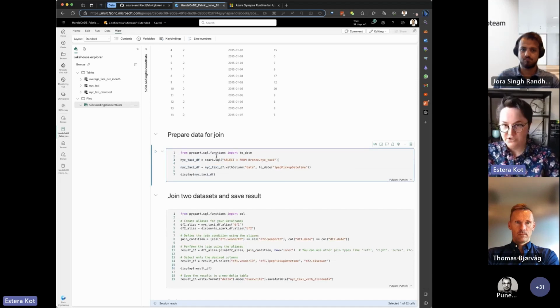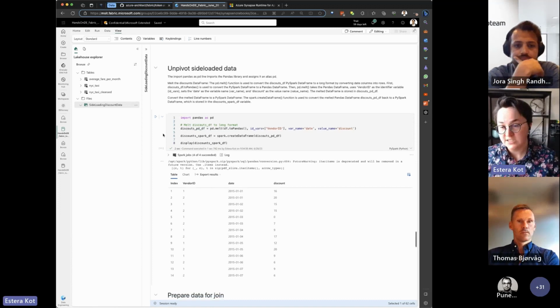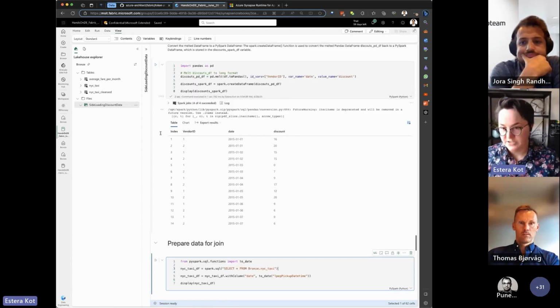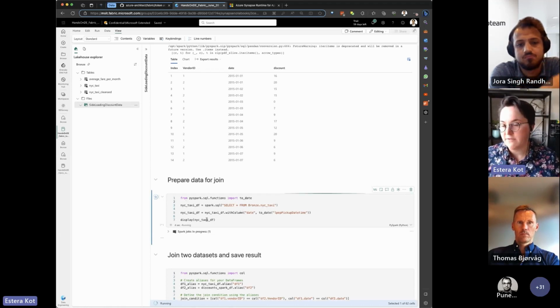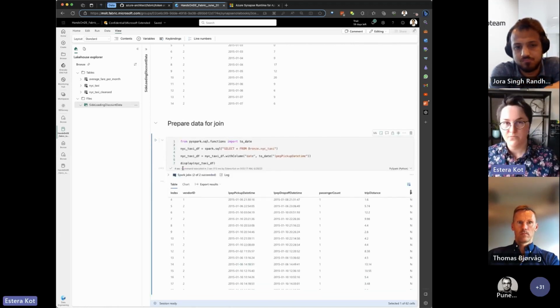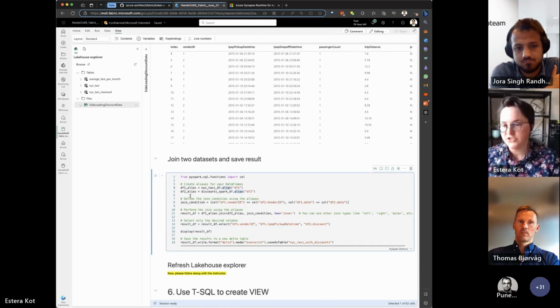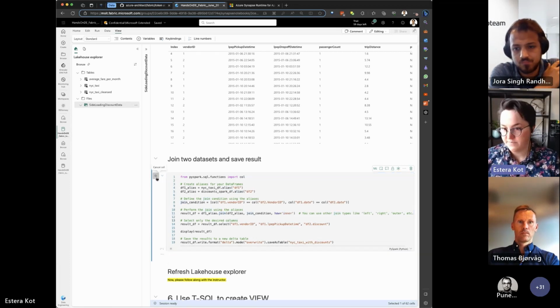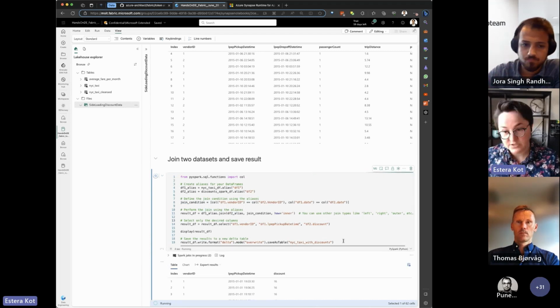So again, this is data set A, the side-loaded data. Data set B is the original data, New York City taxi. Let's load it again into a new data frame. Good, we have prepared two data sets. Now let's join them. Just referencing those two data frames and creating some aliases. At the end, we are using the join method to join them, and the type is inner. Let's run it. At the end, we are saving the results as New York City taxi with discounts.